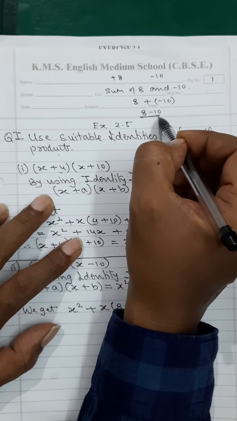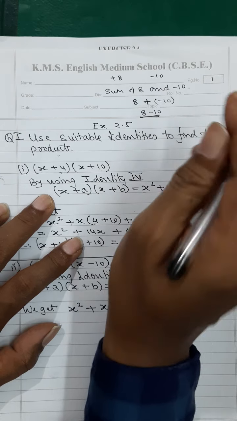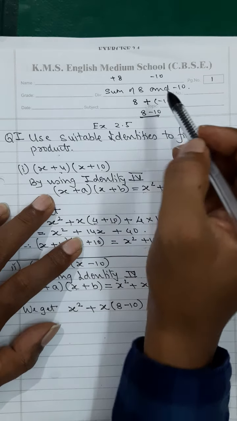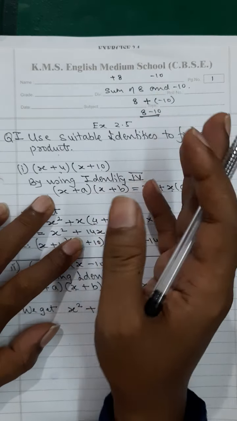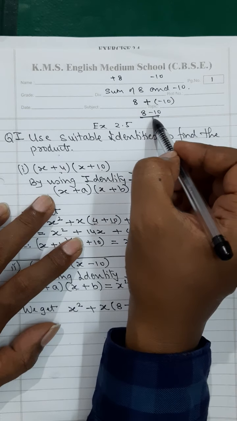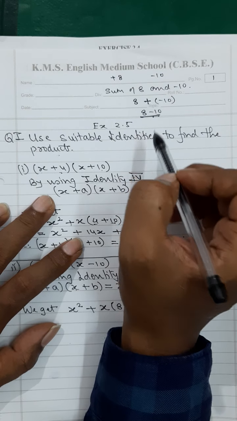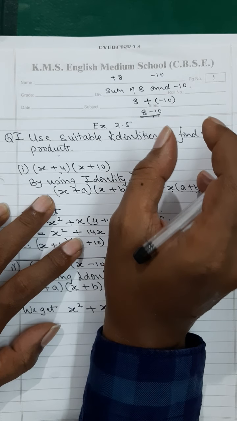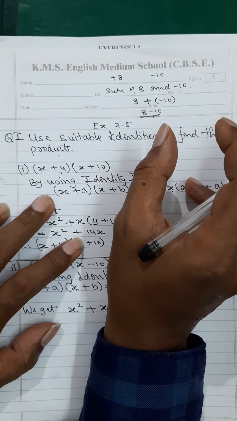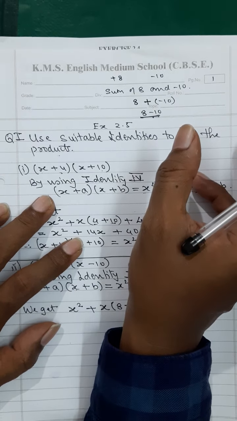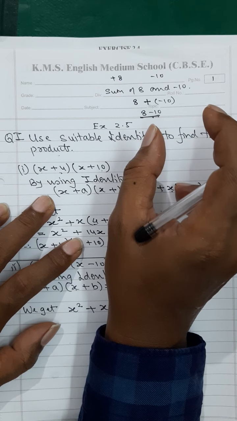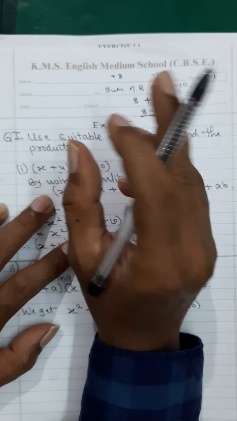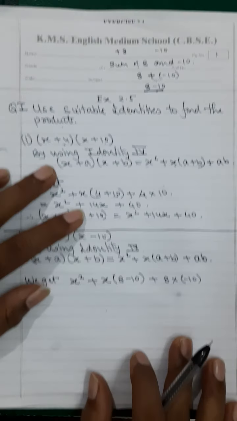Okay, this is how you have to understand. Plus does not necessarily mean you are going to subtract, and only subtract. If it is the sum of a positive number and a negative number, then eventually you will be subtracting them, because plus minus will become minus. But while telling, I will have to address it in this way only, that it is a sum of the numbers. Sum of a positive number and a positive number will definitely be an addition. But sum of a positive number and a negative number may come out to be subtraction. Okay, so like this it is there.